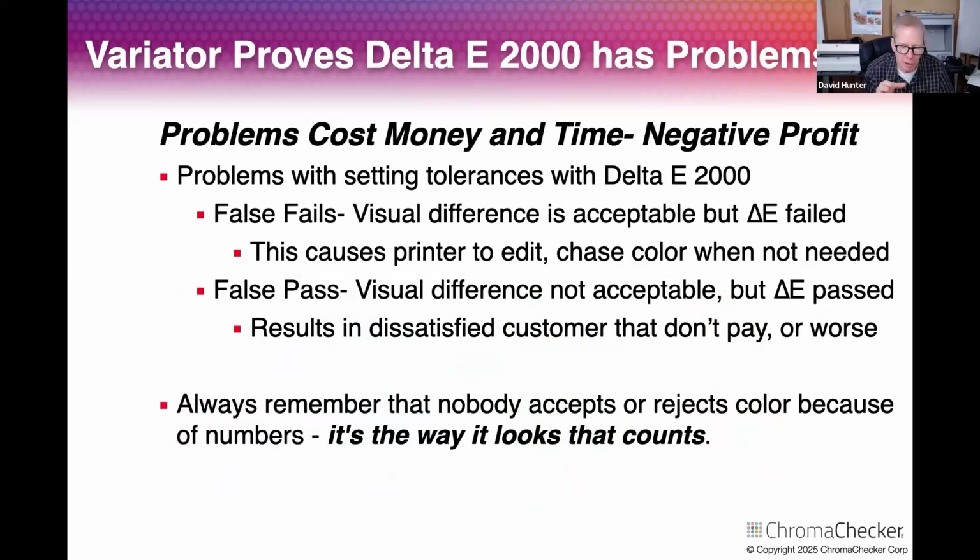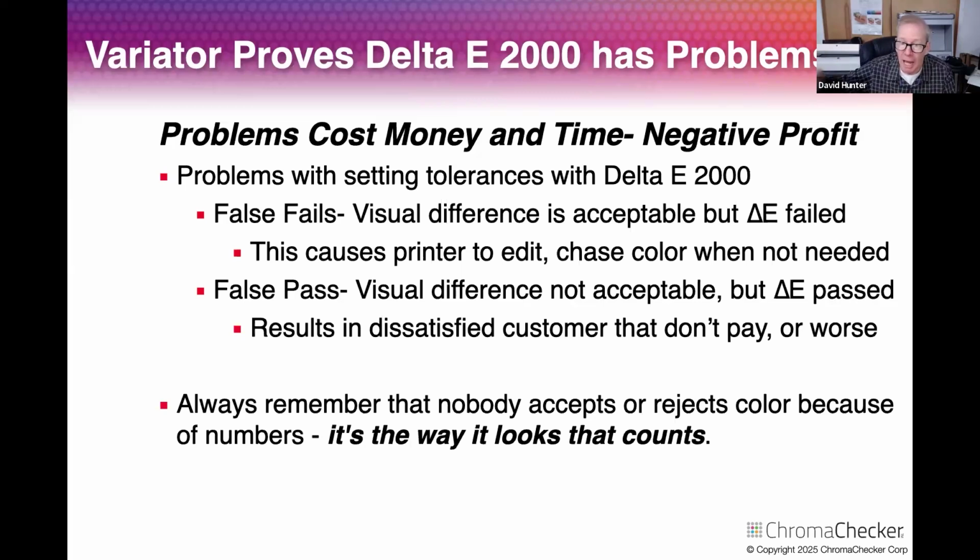I showed this at a trade show recently, and this brand company said to me, oh my goodness, this is the holy grail. If you can deliver what you're promising here, you've just solved all my problems from a quality perspective. Because so many times the printer might get a false fail on the print, which means the visual difference is acceptable, but the delta E failed. So the printer now has to edit, chase color when it's not even warranted, but because the number doesn't line up with the tolerance,